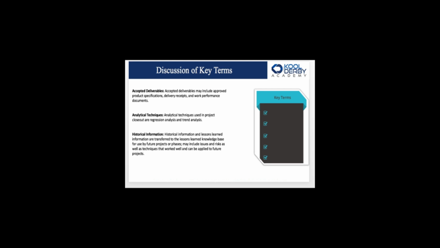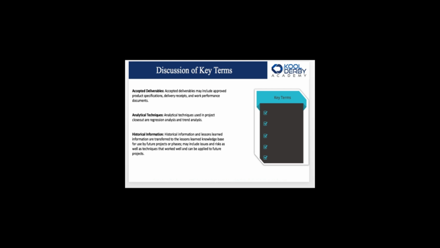What do you have to know? Number one, tool and technique of closed project or phase, analytical techniques, and also examples, regression analysis and trend analysis. And the fact is that these are quantitative in nature, right? Analytical techniques, right? That tells you that they are quantitative. Finally, historical information and lessons learned